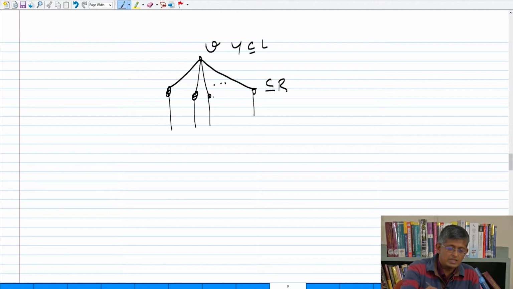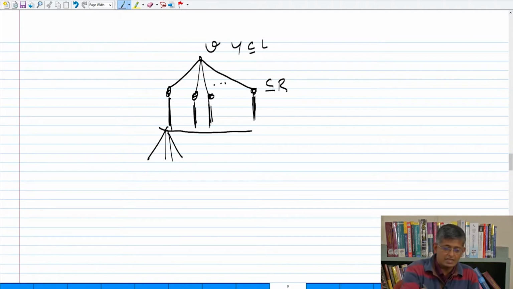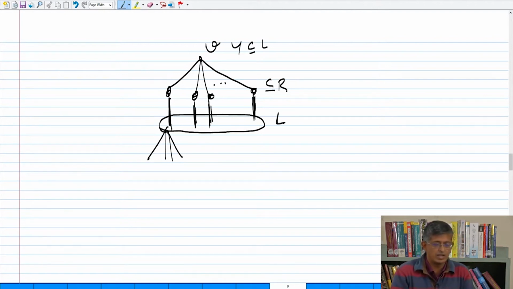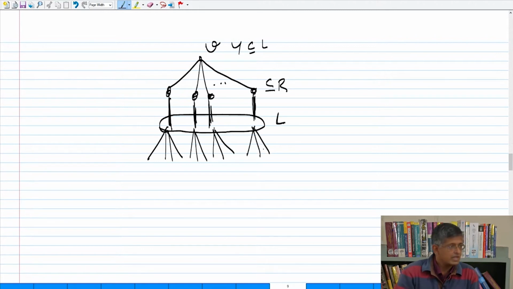Right? Fine. So these are the neighbors. Now these guys are matched. These are in the matching. Right? This is the bad case. The good case is when you find that one of them is unmatched, your proof is done. Now these are the remaining guys. So of course this layer is in L. Somewhere in L, not necessarily only in Y, but somewhere in L. Like this, like this, like this. And if all of them continue to be matched, let's assume that you terminate here and say, okay,